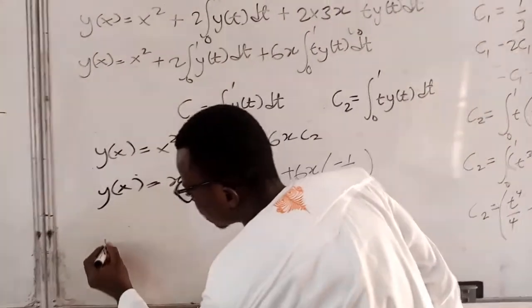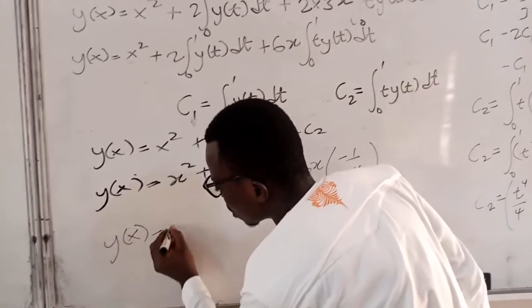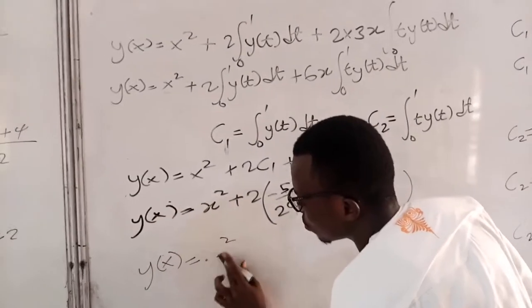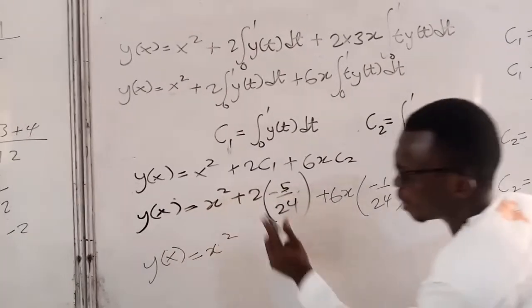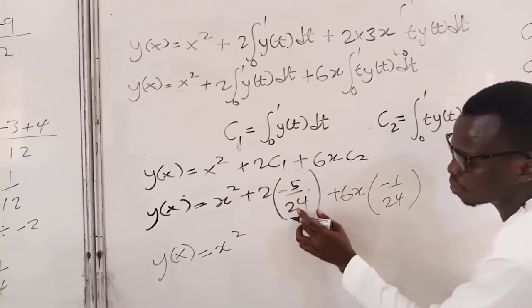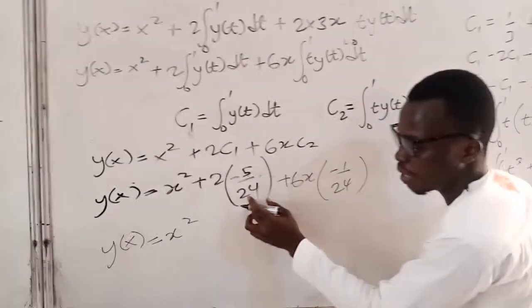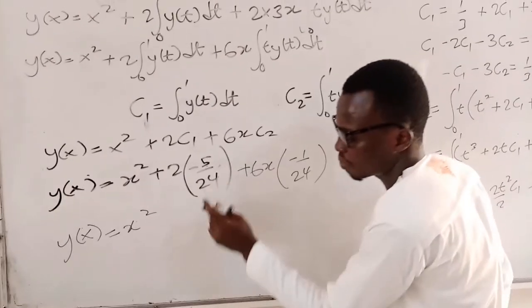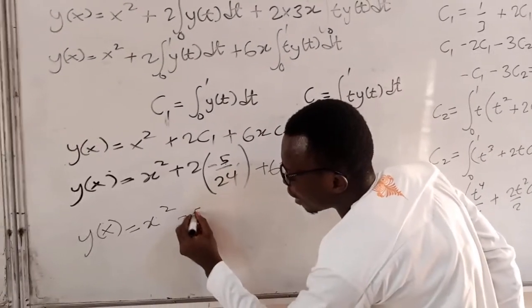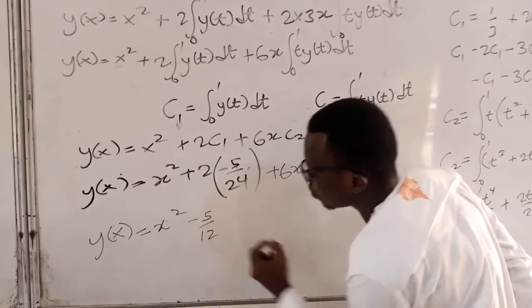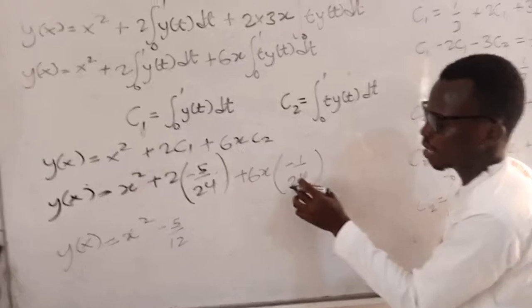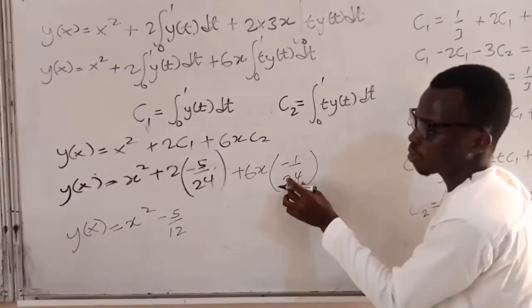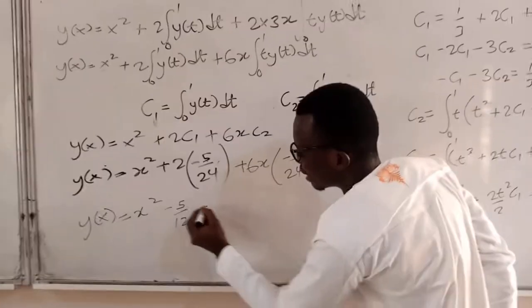So y of s becomes s squared plus, so minus, 2 cancels 24 how many times? 12, it goes into 24 12 times. Then we have minus 5 out of 12. 6 cancels itself once, cancels 24 how many times? 4 times. So here becomes minus